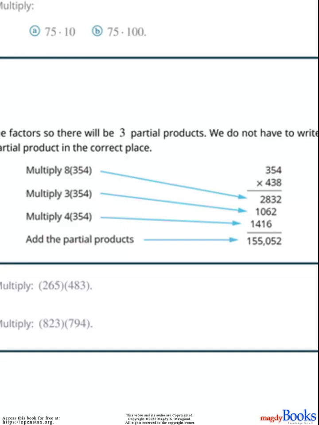Multiply 8(354) equals 2,832. Multiply 3(354) equals 1062. Multiply 4(354) equals 1416. Add the partial products,